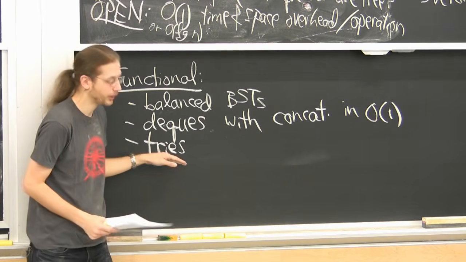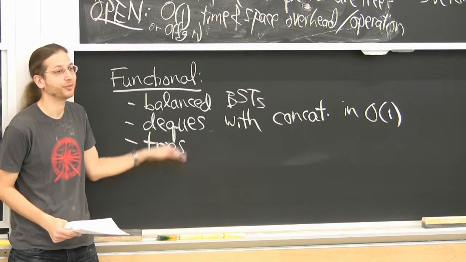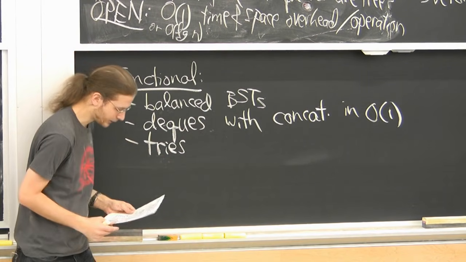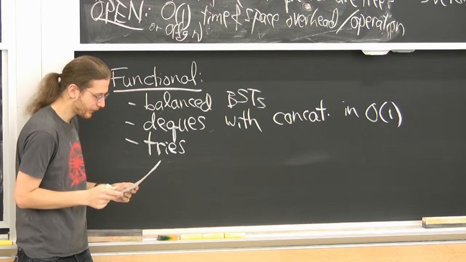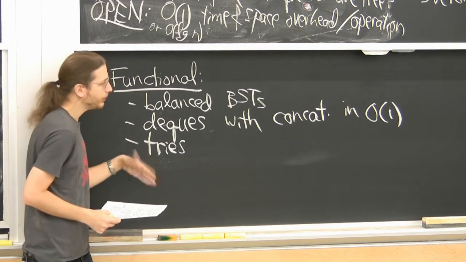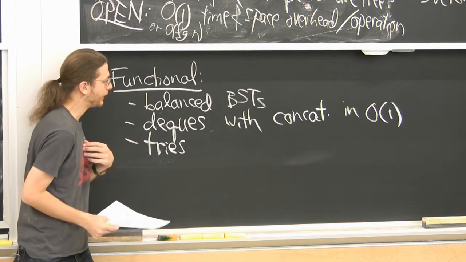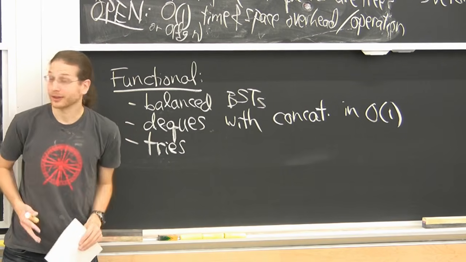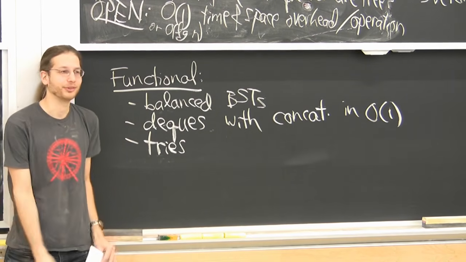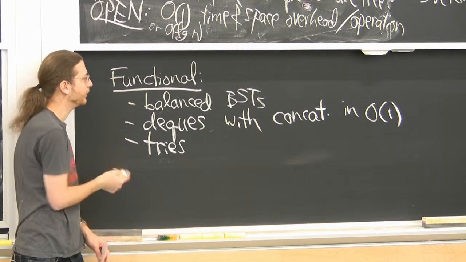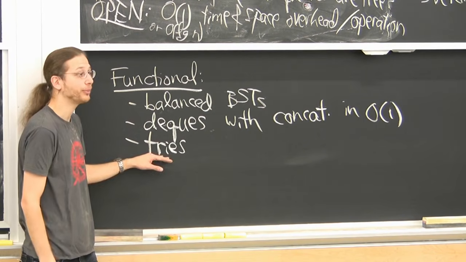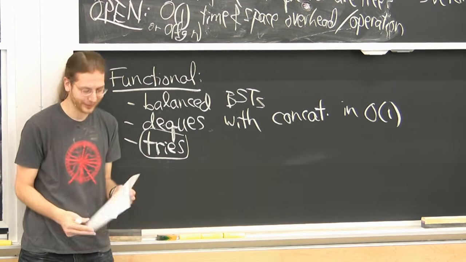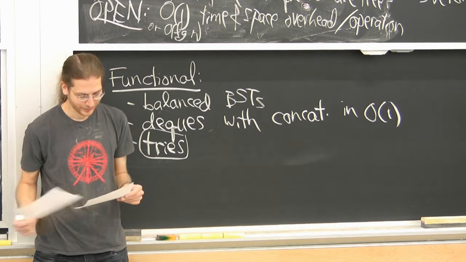But there's one paper, this actually came from the open problem session of this class 4 years ago, I think. It's with Eric Price and Stefan Langerman. You can get very good results. I won't write them down because it takes a while. Basically log the degree of the node's factor and get functional, and you can be even fancier and get slightly better bounds like log the degree and get confluently persistent with various tricks, including using all of these data structures. So if you want to implement Subversion optimally, that is known how to be done, but hasn't actually been done yet because there are those pesky constant factors.